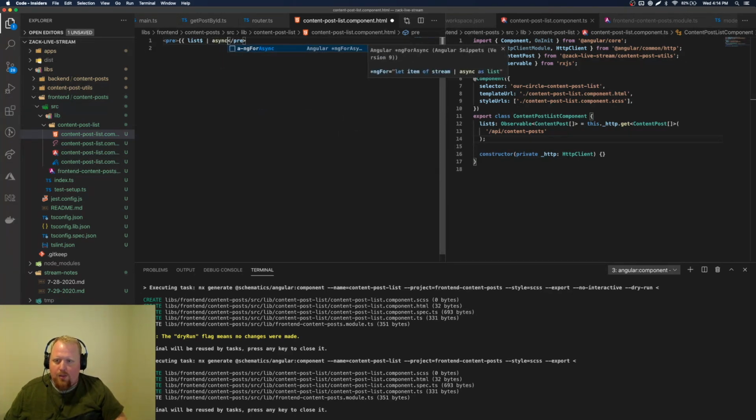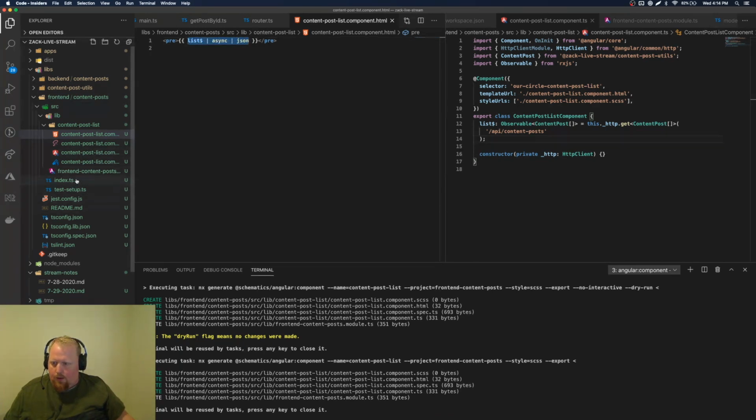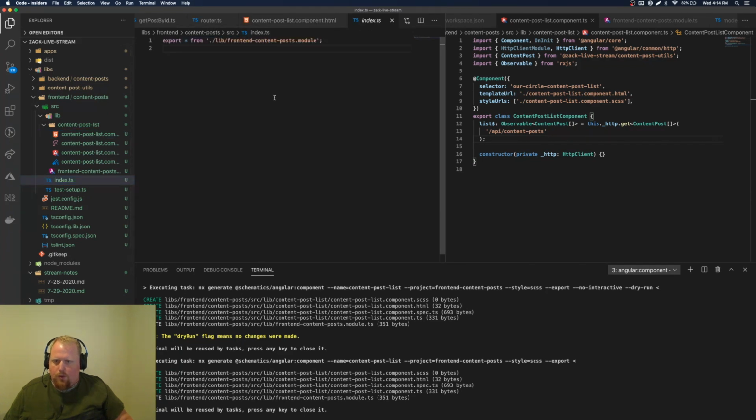So we're going to pipe this to the async pipe. That's going to subscribe to things for us. And then we are going to pipe this over to JSON so we can just see it decently. So that's pretty much all we want to do here. And I think we're already exporting it. Let's make sure it's being exported. Export content post list component from lib / content post list